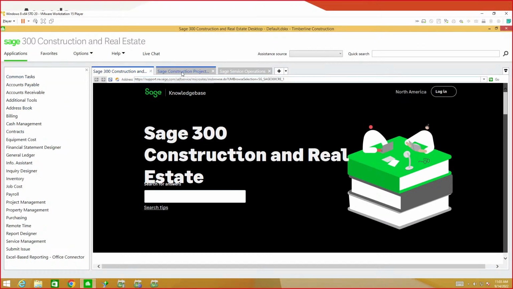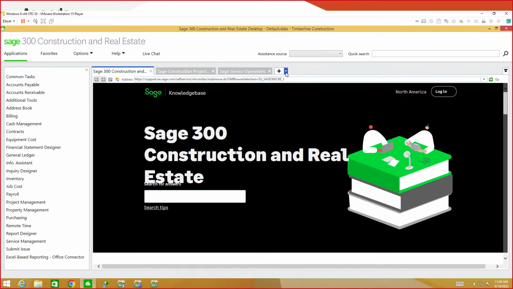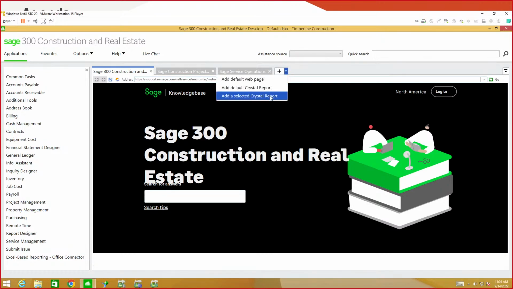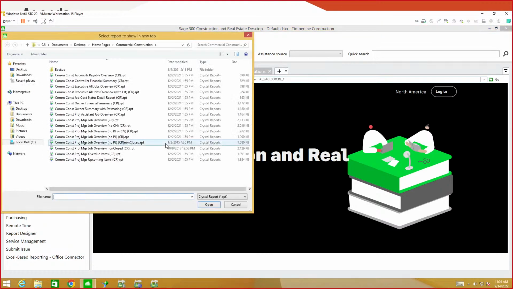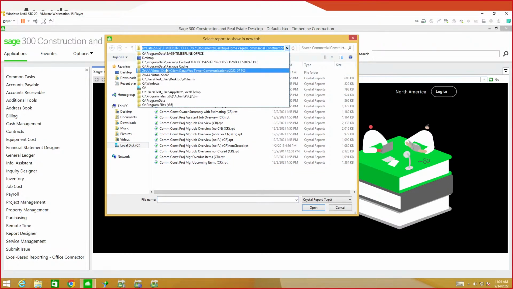Up here at the top, you've got the different tabs. What a lot of people don't realize is you can actually go up to these tabs and tell it that you want to add a report. Now, the location of all these reports, because most of these reports are ones that everybody owns, the secret to finding those reports is